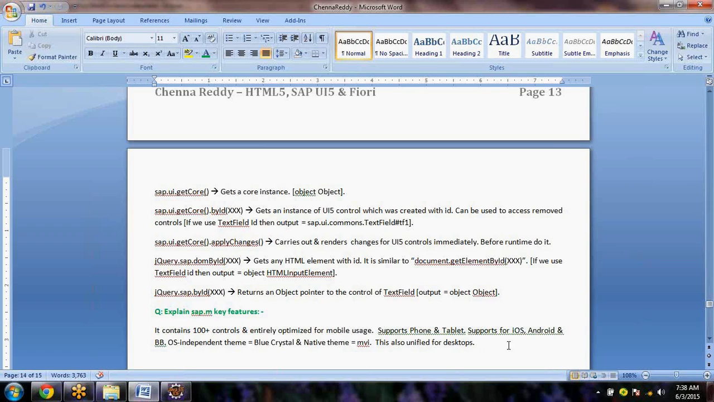Okay, so therefore mostly Blue Crystal theme is used in Fiori apps. That's fine. So the next thing is that